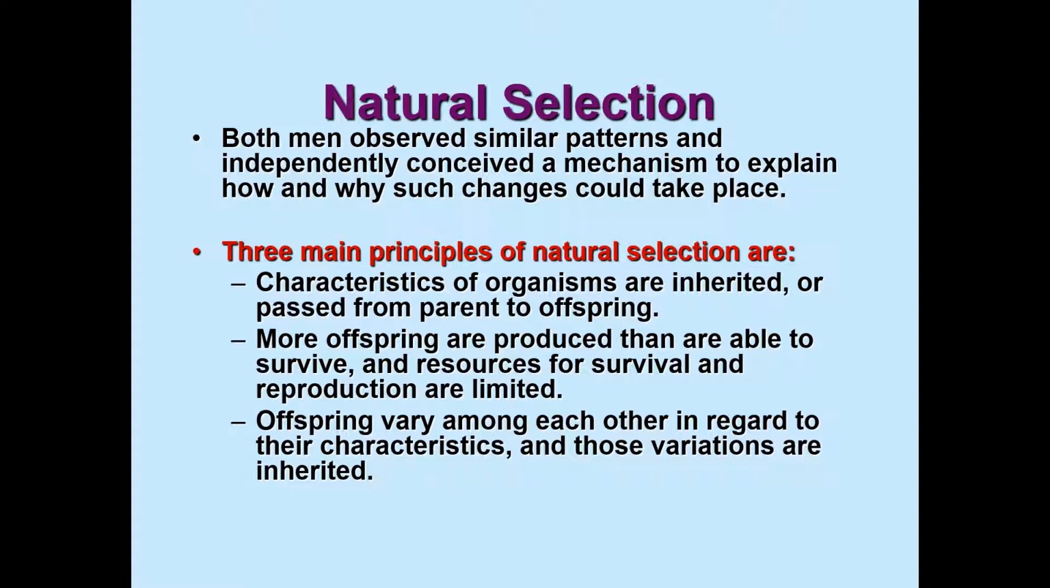Now, both Wallace and Darwin conceived independently, even though they were on different trips, they conceived natural selection. Okay, they thought this up and they figured out that natural selection could explain how and why evolution has taken place over time. So the 3 main principles of natural selection are, number 1, characteristics of organisms are inherited or